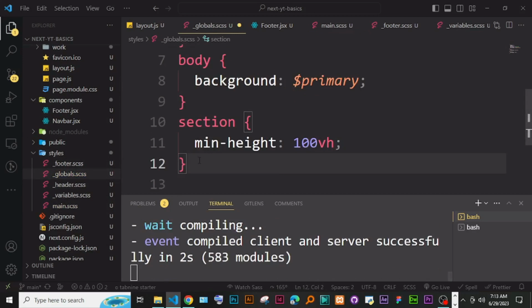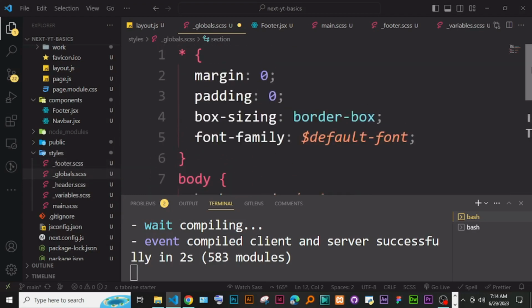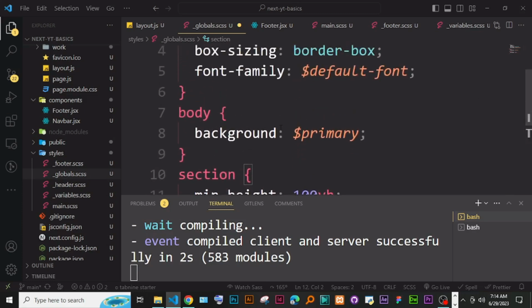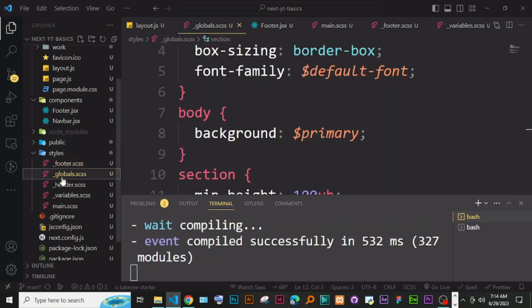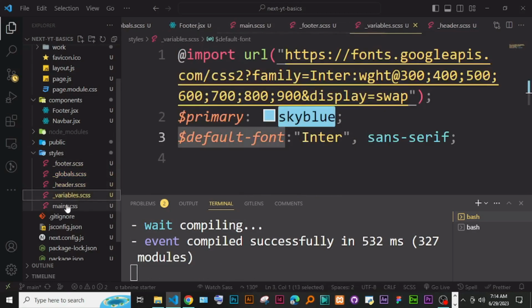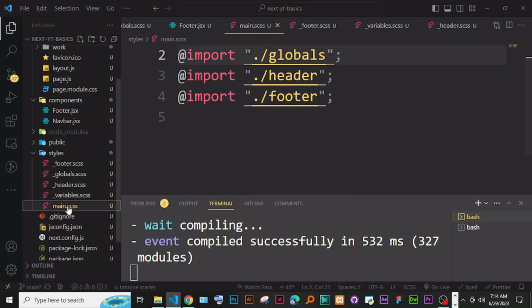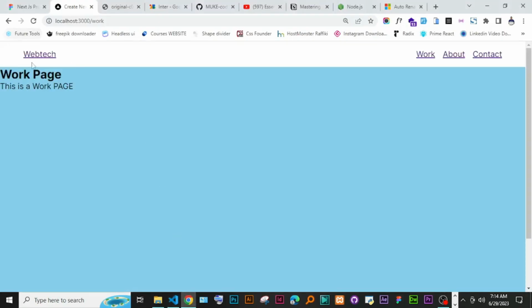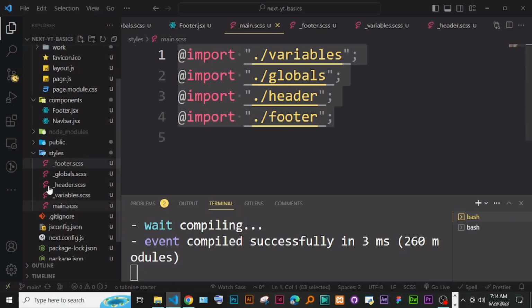Okay, so we have done what we call refactoring, and this is the best workflow. You might find it anywhere, but this is the best workflow when you're working on a project. You have all your code split into different files, and then you have one file that is actually importing all these other files here. If you check back, everything is still working the way it's supposed to, but now we have a better